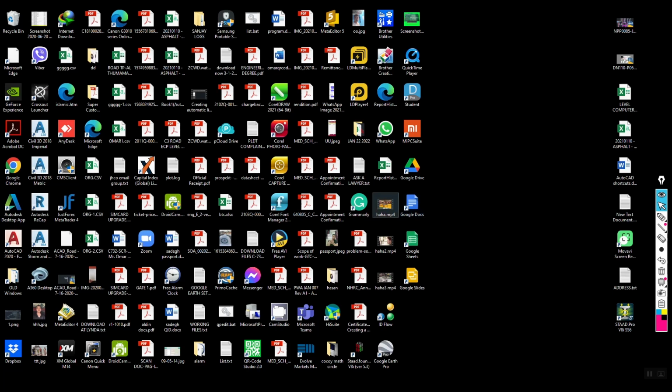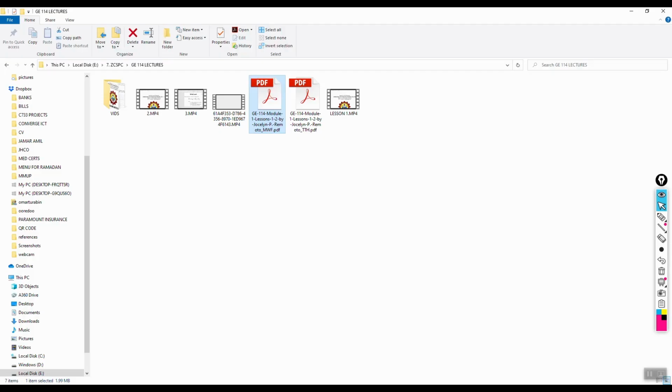Some of you asked regarding how to submit your activities. Your submitted activities will be in PDF form, meaning to say your report must not be handwritten, but instead you're going to type this in an editable document file. So since you are given the module 1